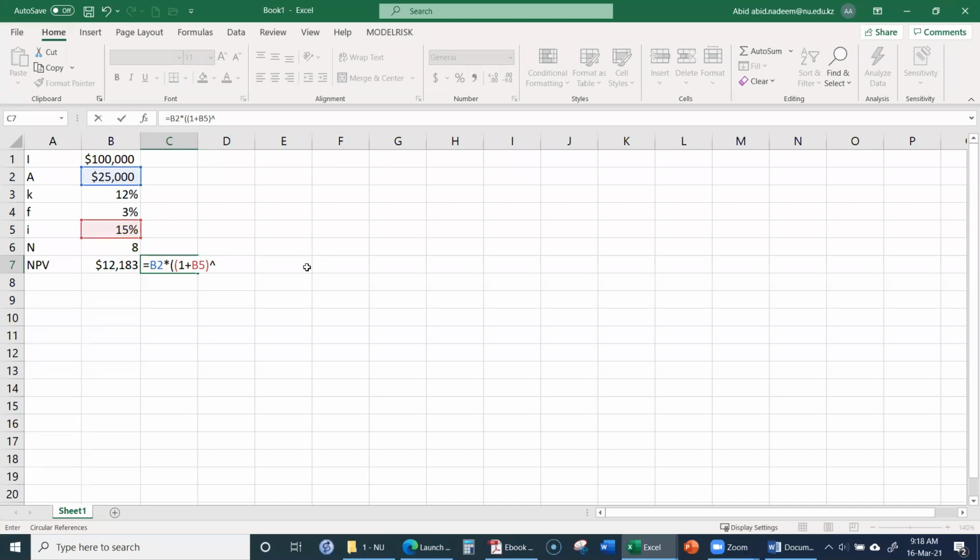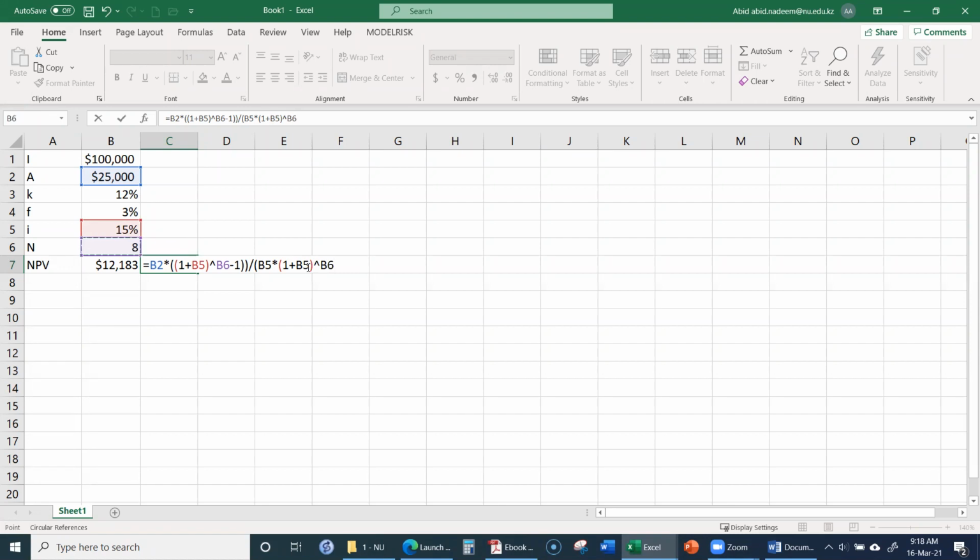And then power n is this minus 1 and then bracket close, then divided by bracket the inflation rate, which is 15%, into 1 plus the inflation rate, and then power